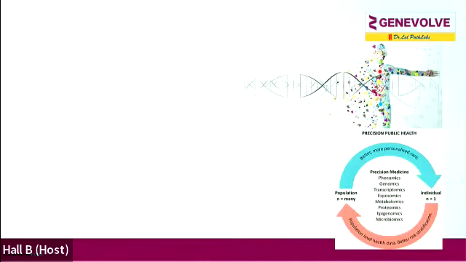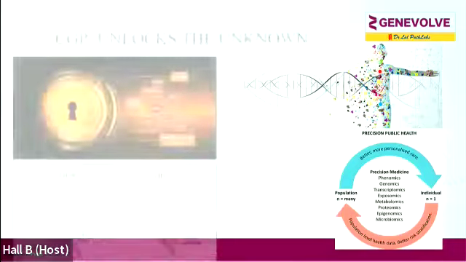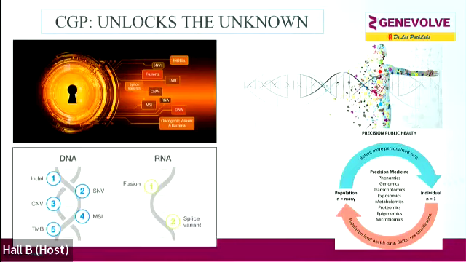An individual's tumor, if you're looking at the phenotype, what is the morphology, genomics, transcriptomics in the form of what RNA rearrangements are present, exposomics, what are the exposures, epigenomics, and then the metabolomics, proteomics, and the microbiomics of that particular tumor. So if you look at one individual and if you're looking at a population together, then we can achieve a precision public health, comprehensive profile. I would like to end by saying that a comprehensive genomic profiling unlocks the unknown, DNA fusions, DNA